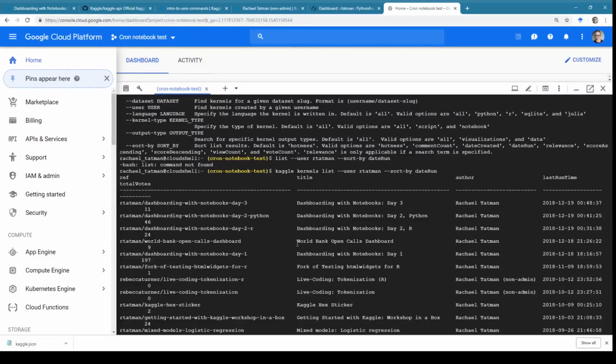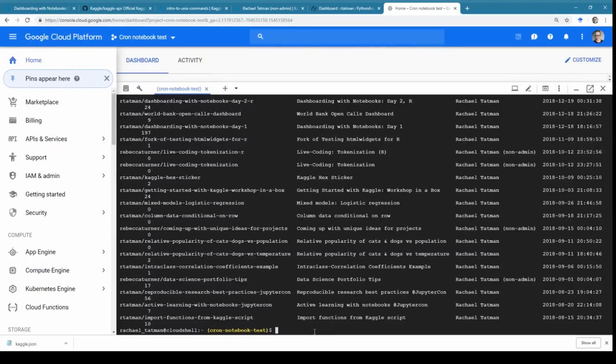And here is the dashboard that I used as an example in the email, so I'll use that. And you can see that it was last run yesterday at, what is that, 6:16? So I'm just going to copy and paste this. So that's the information that we need to pull that. So Kaggle kernels pull,